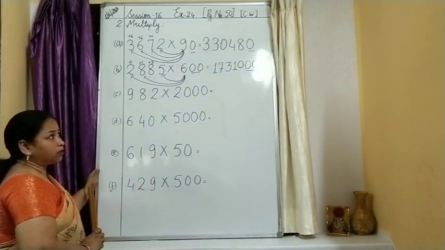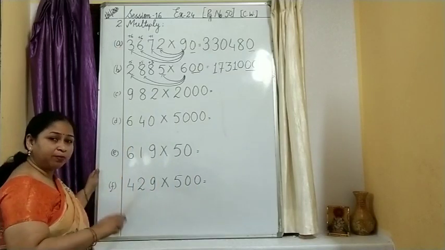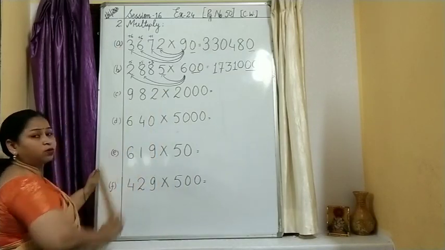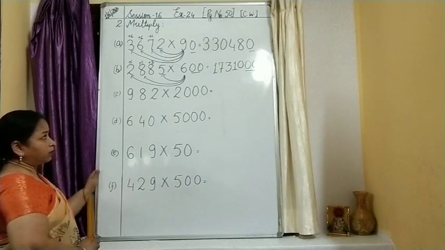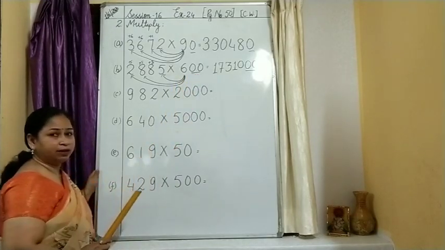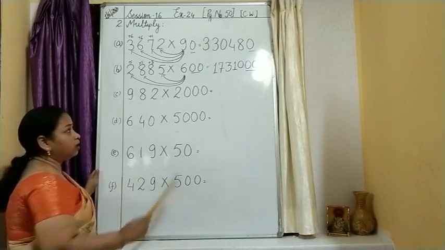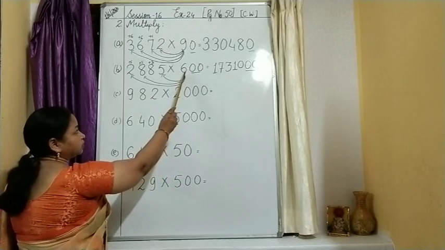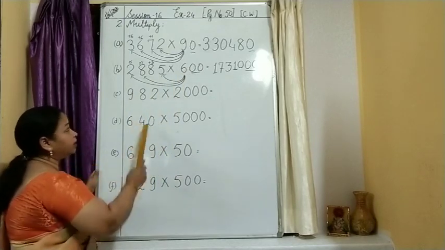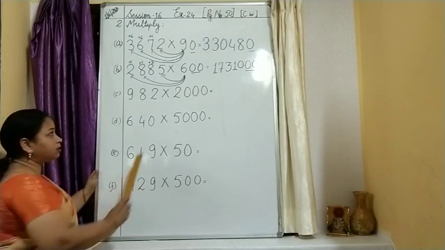Okay. Once again, want to see that? Okay. I will be explaining the similar type of question for question number B. B also I have done it for you. These two zeros I have underlined, and for the time being I am just ignoring it. What I will do, I have a number 6 over here, and this is the multiplicand 2885, and then start multiplying this.